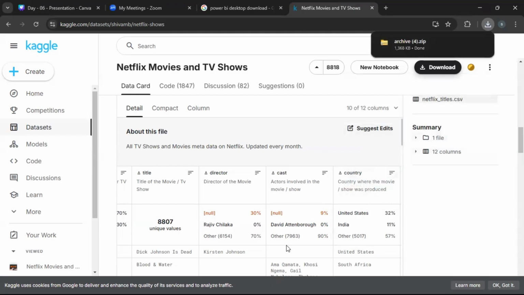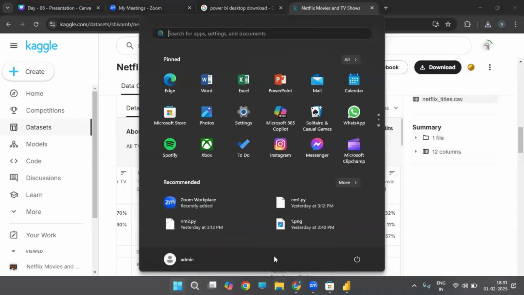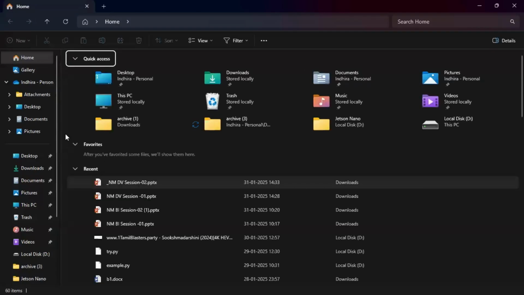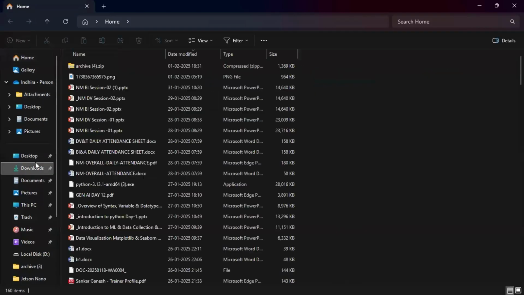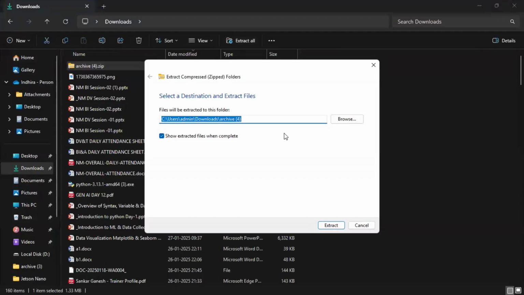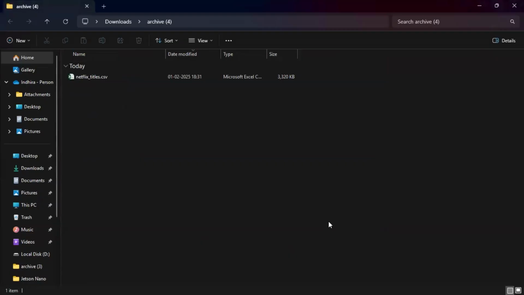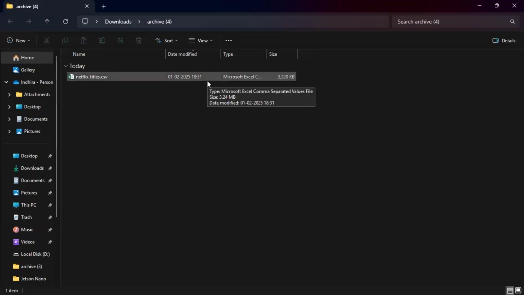Then you go to your file manager and extract that. I have this, so we'll extract this file. We cannot directly import the zip file. Once we extract the file, we can take only Excel format or text format or other sources like SQL or MySQL or JSON file format only. We can use those. Otherwise, we cannot directly upload the zip file or a Word file. Okay, so once I extract this particular file,